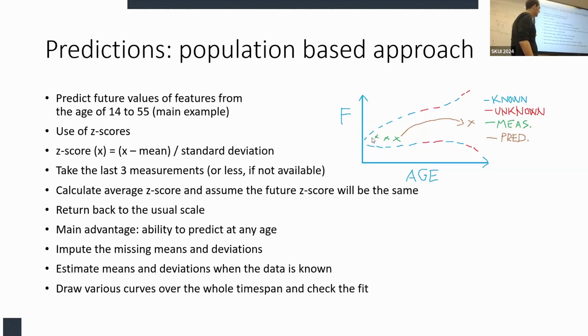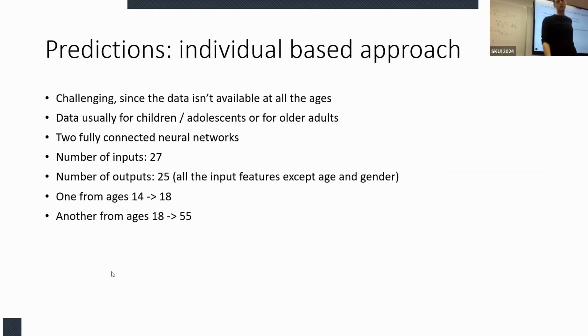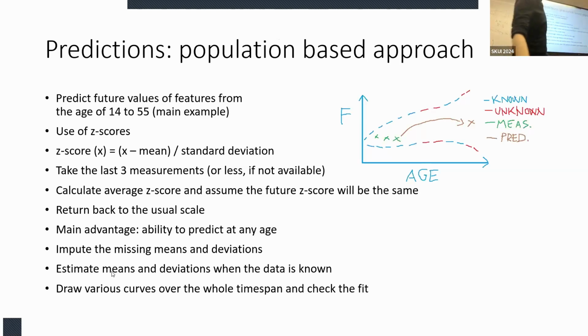We first need to normalize the data. Look, the point is, the issue here is the following. Here in the blue, we have known data. In the red, the data is not known. And then in the blue is once again known, and in the red is once again not known. And the issue is how do we predict somewhere where the data is red, because we don't have any data